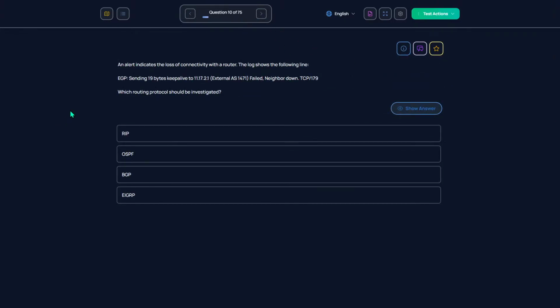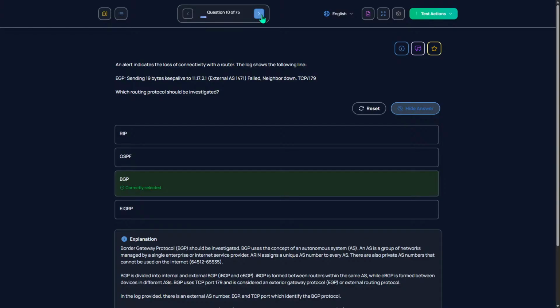An alert indicates the loss of connectivity with the router. The log shows the following line: BGP sending 19 bytes. I believe that's BGP. Could be wrong. Well, it was BGP.